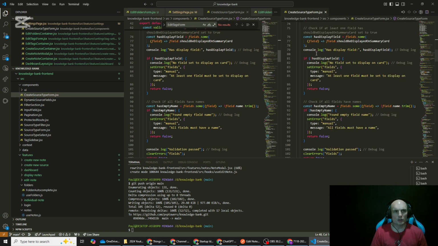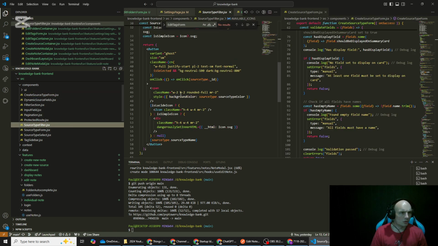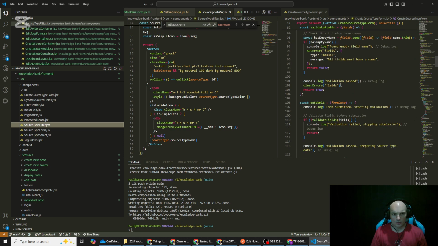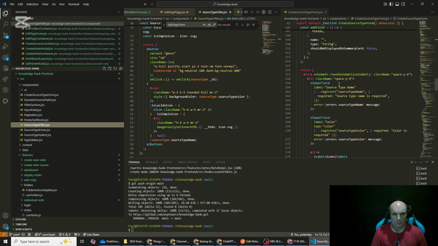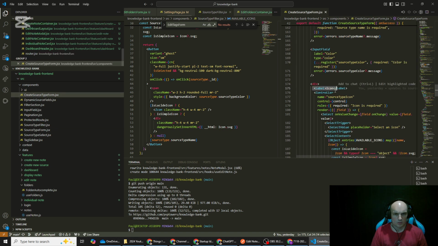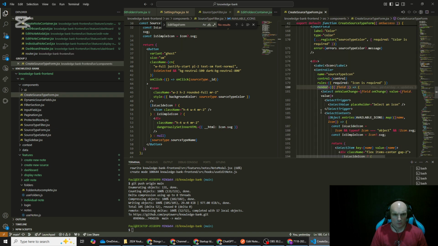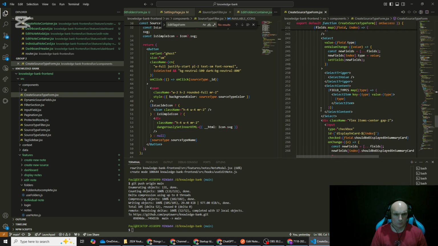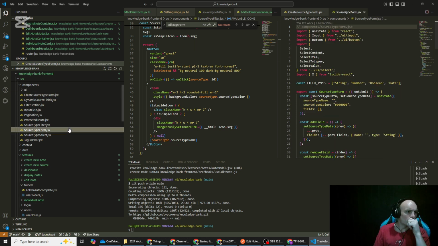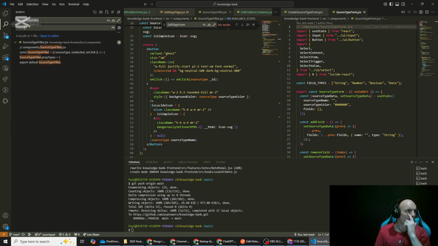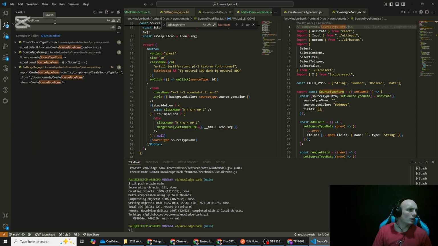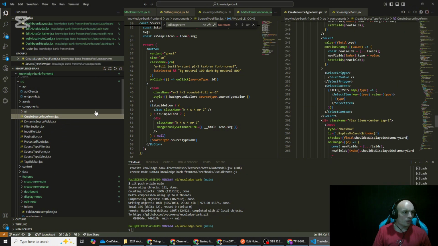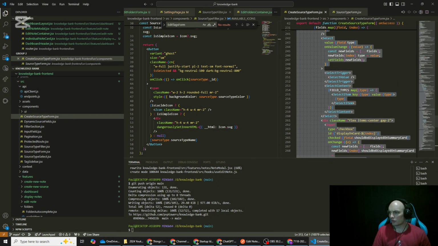Maybe we have the filtering functionality directly in here. So this was this icon. That source type form is used, so source type form isn't used either, so they're redundant. Yeah, so it's the create source type form that we need to update, so we're going to copy this and then we're going to